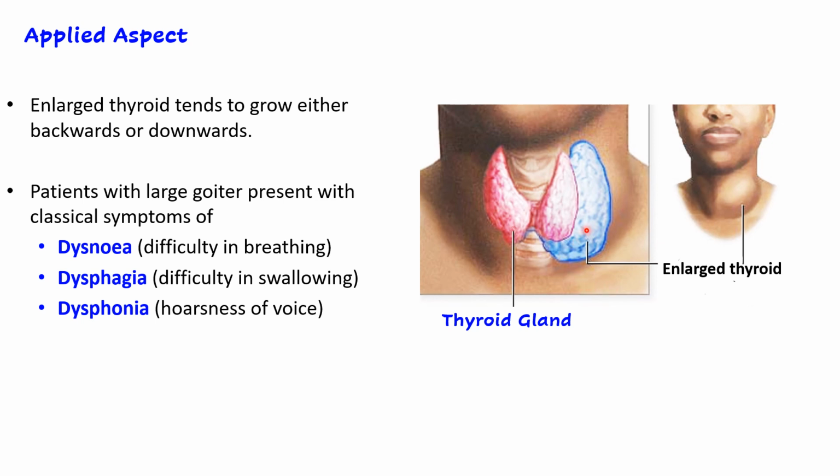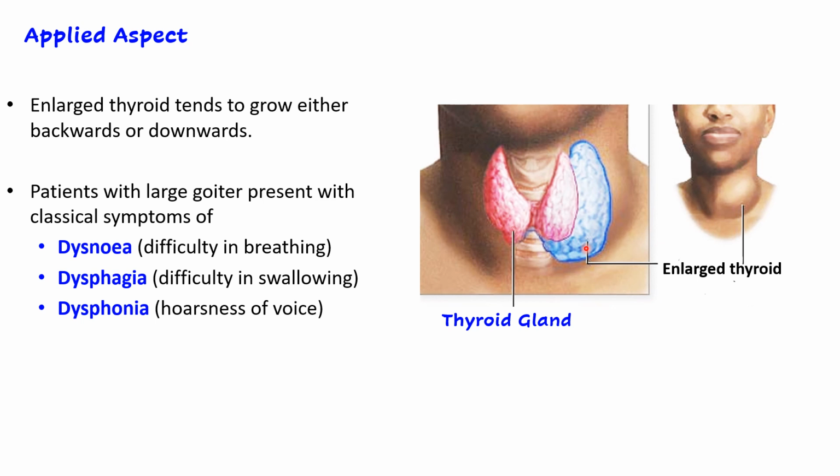Now what happens in patients with such enlarged thyroid gland, right, in case of large goiters, they will have certain symptoms, right? So these are dyspnea, that is difficulty in breathing, because this enlarged lobe will press on trachea. So dyspnea, difficulty in breathing. Dysphagia, difficulty in swallowing, because again this lobe is going to press upon the esophagus, so that will lead to dysphagia. Dysphonia, that is hoarseness of voice, would be there because this enlarged lobe would put pressure on recurrent laryngeal nerve. Remember the recurrent laryngeal nerve between the trachea and the esophagus? That will be compressed,